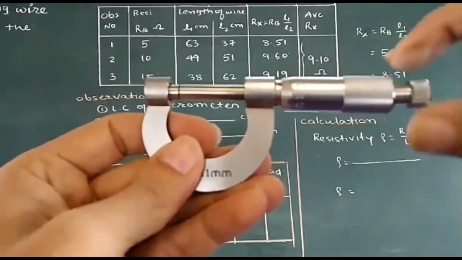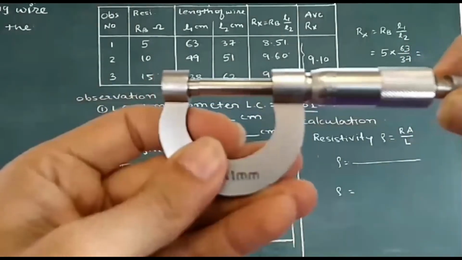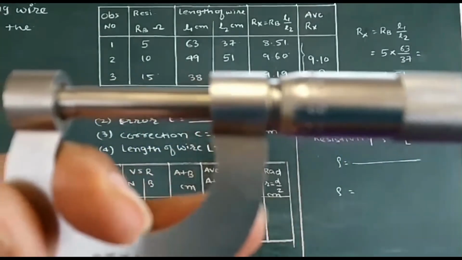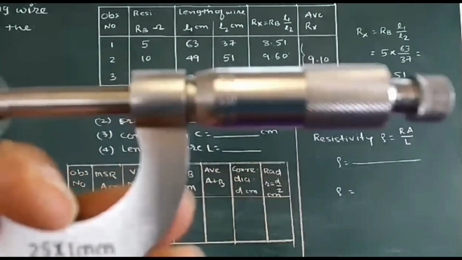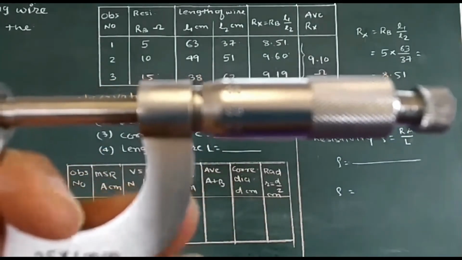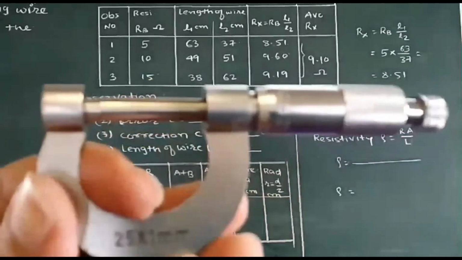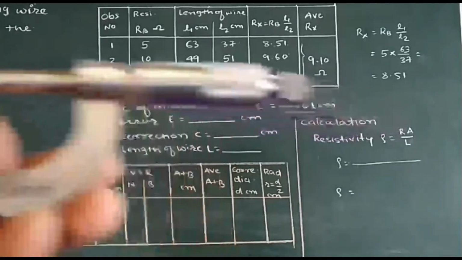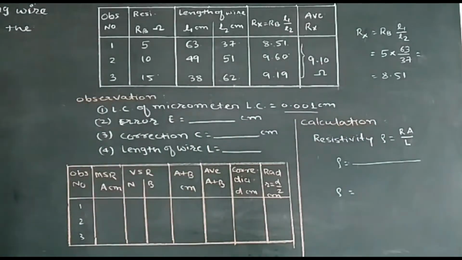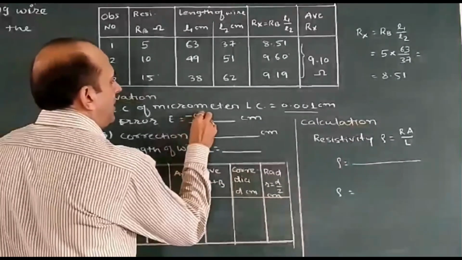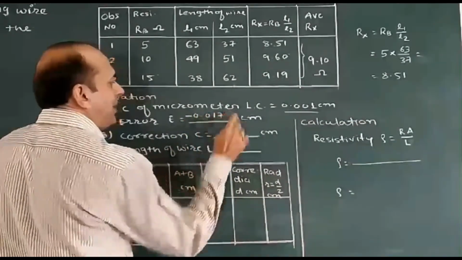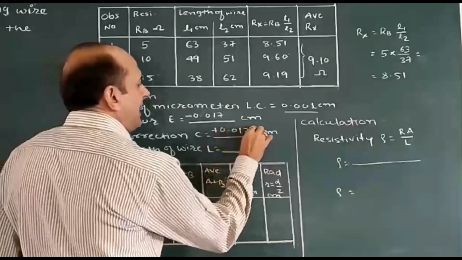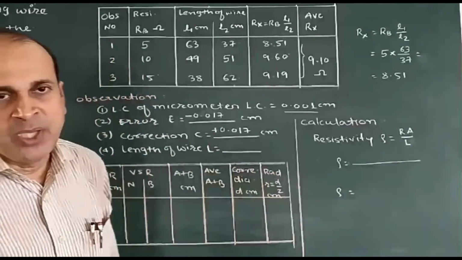So when it produces the sound tick tick, it means it is sufficiently closed. Find out its matching division number. So what is the matching division number? The matching division is around 87th division. 87th division means, since 100 is the full circle, the error is of -13 division... the error is -17 division, its value is -0.01 centimeter. So what is the correction? The correction will be 0.01 centimeter, the correction of the instrument.